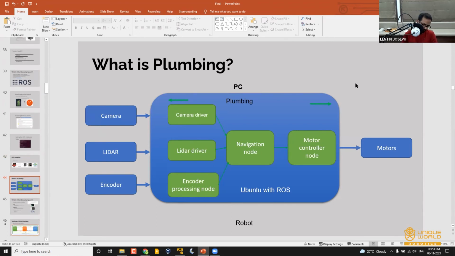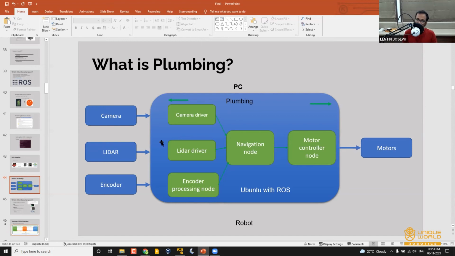If you have to work with many sensors and actuators, you have to write multiple programs to handle all these things. It's very difficult to write a single program that is doing all the job, and writing a single program for controlling a complex robot is not reliable. It's not good actually. So in robotic programming, what we will do is we will write separate programs.